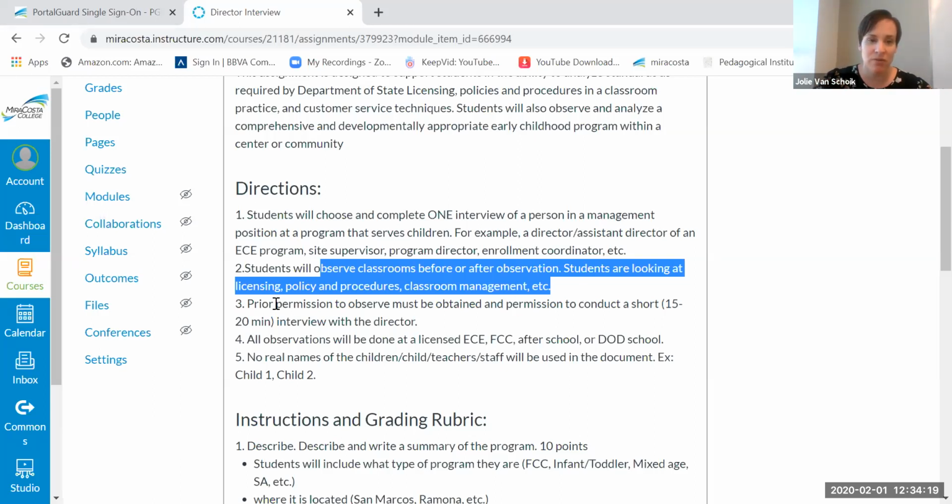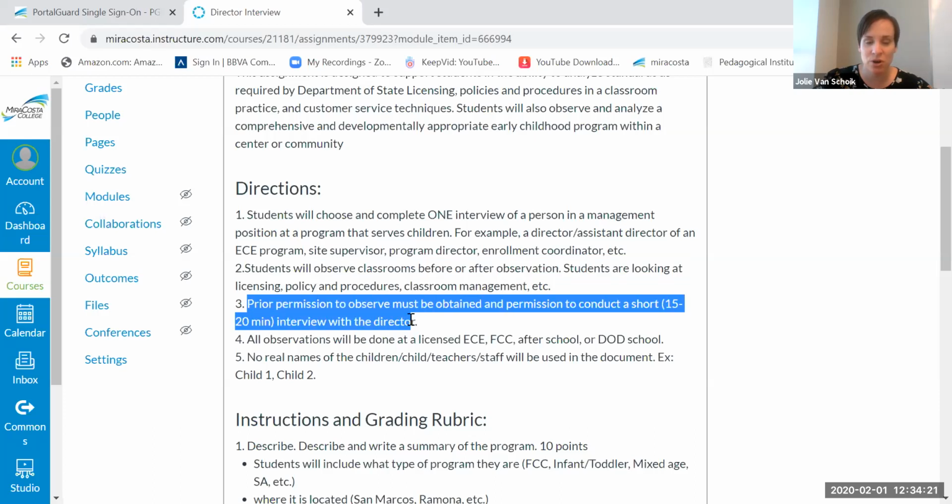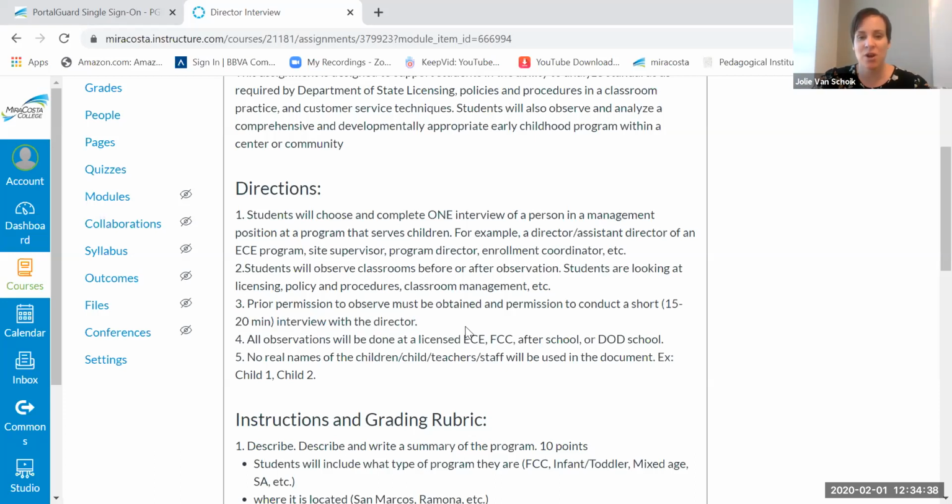So obviously you need to get prior permission to observe and conduct a short interview. So you're going to observe at the program, and then you're also going to ask to do a short, maybe 20-minute interview with the director. I don't want to take too much of our community members' time. They're very busy, but just letting them know, calling or emailing any location